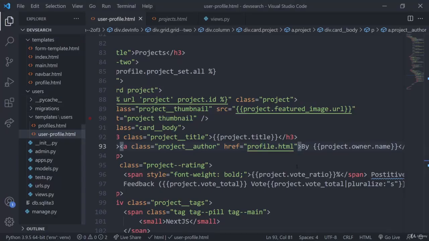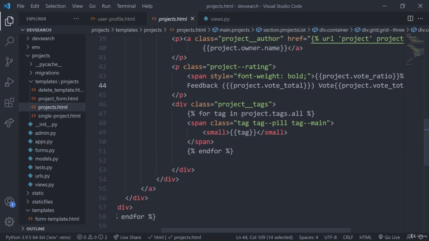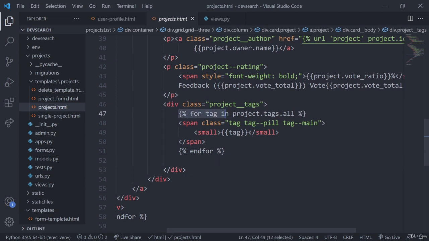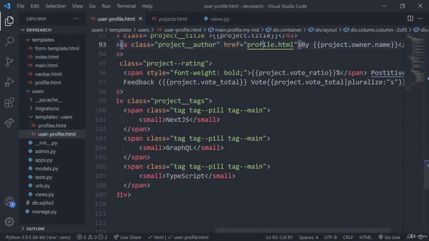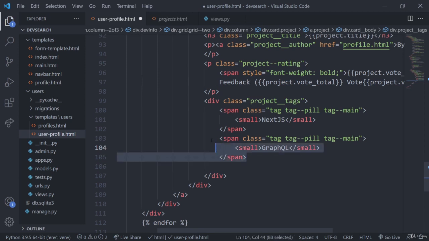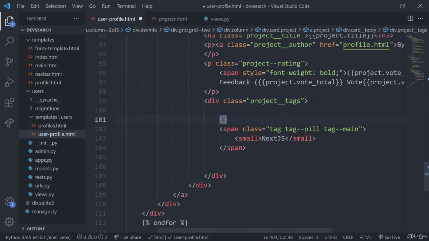So for this, let's go ahead and actually look how we did it in the projects here. So let's just do this. For tag in project tags.all, we're just going to output the tags here. So I'll just write that out. So let's remove TypeScript. We'll remove GraphQL and we'll go to Next.js here and we're just going to loop through this one. So we can do for tag in